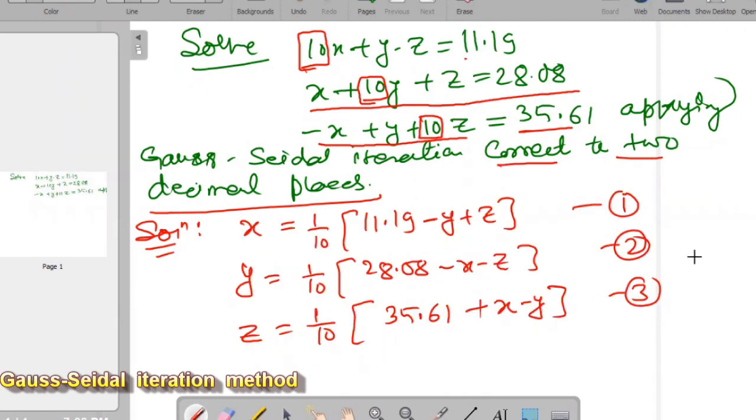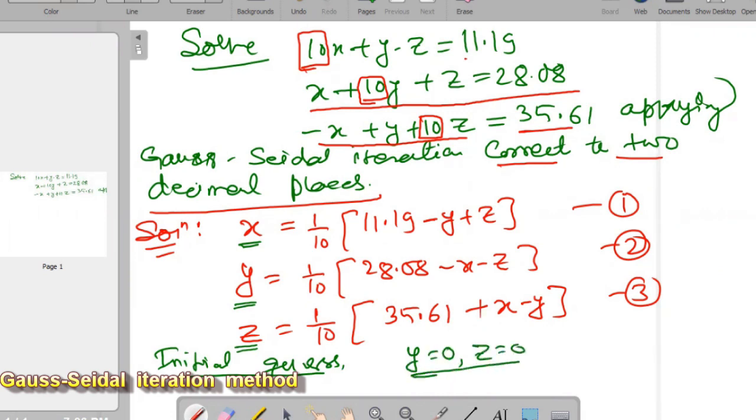So from the first equation we find the value of x, from the second equation we find the value of y, and from the third equation we find the value of z, by the Gauss-Seidel iteration process. In this process, for the initial guess, we assume the solution of the system to be y equal to 0 and z equal to 0. Using y equal to 0 and z equal to 0 in the first equation, we find the value of x